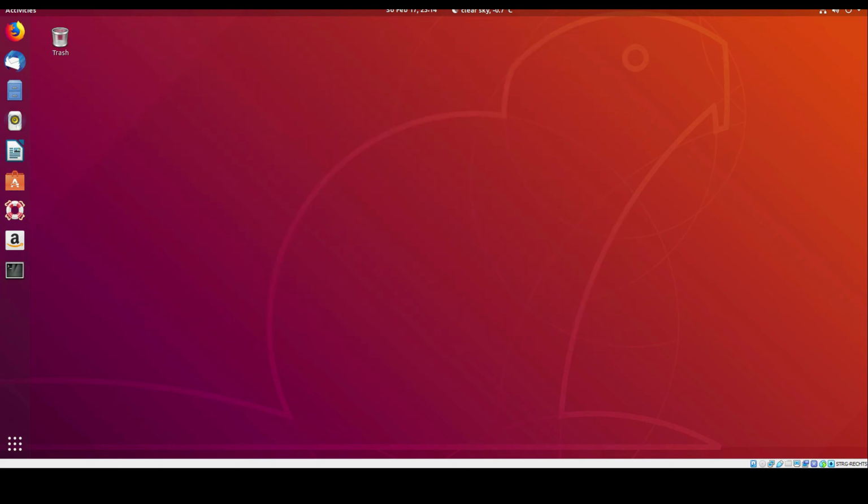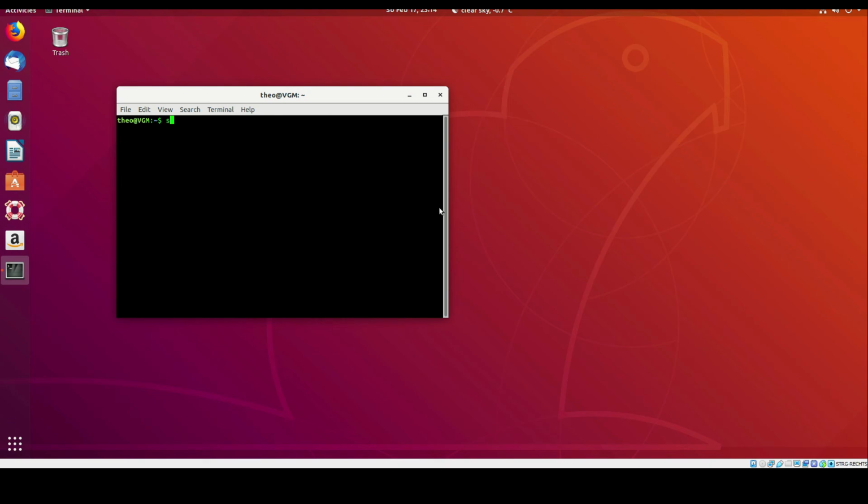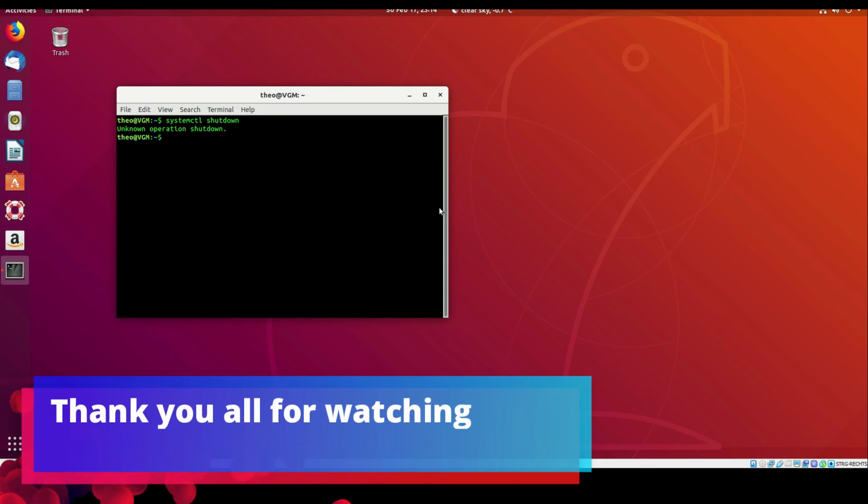You can press exit now and do it from the GUI if you want, but we are a little nerds and we will do it from the terminal. So you go here, and what did we say last time? That you write systemctl shutdown. Or